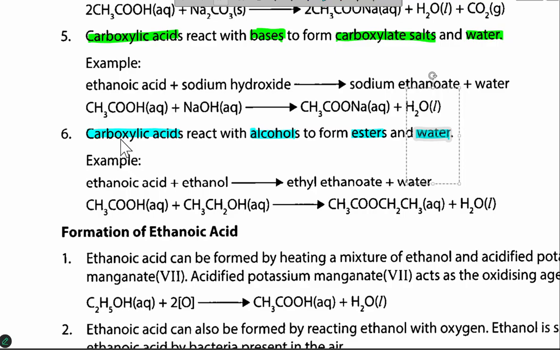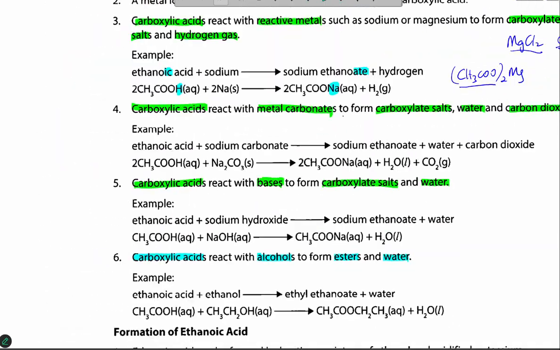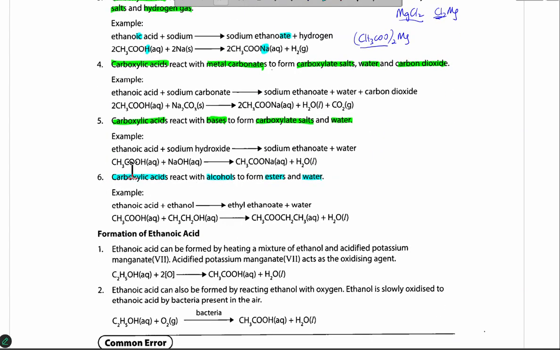So just need to know that acid and alcohol form esters and water. And esters are typically sweet smelling. They can be used as flavoring, making some kind of smell, like fake ice cream with banana smell, pineapple smell, whatever kind of smell. They're actually esters. Esters can make smells that you thought were a fruit, but it is not a real fruit. It's a fake one. It's just that this chemical has the smell of a certain fruit. So we'll touch more on esters in the next section. Just know that there are 2 main reactions of acid. One is behaving as an acid with metal, carbonate or base, and then finally acid with alcohol to form ester